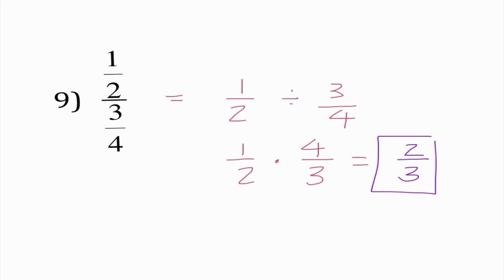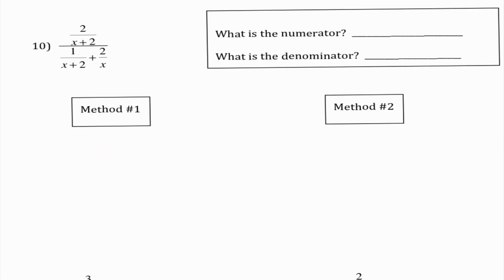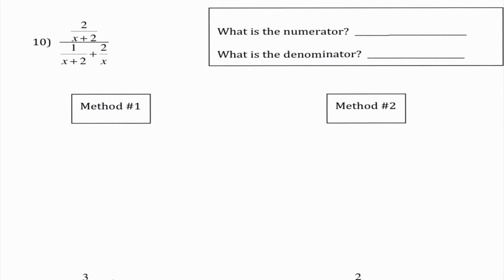So now we're going to use this concept in a bigger picture dealing with what we call a complex fraction. And this actually is a simple version of a complex fraction. A complex fraction means I have a fraction in the numerator and a fraction in the denominator. So basically, it's a fraction of fractions. So if we look at number 10, this is really what a complex fraction on our level is going to